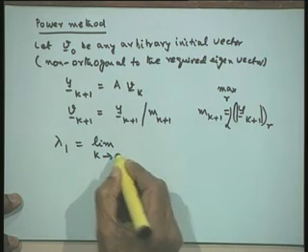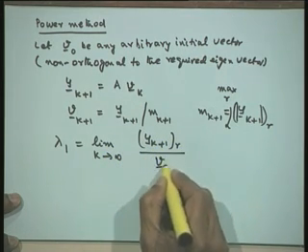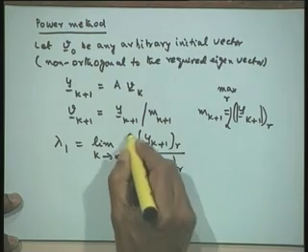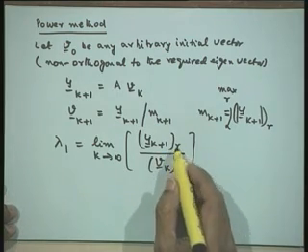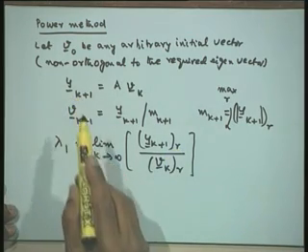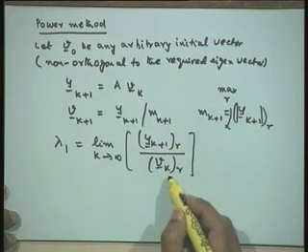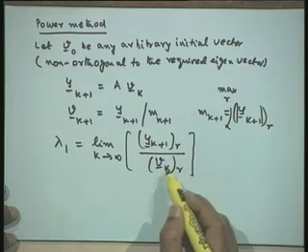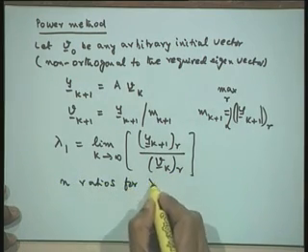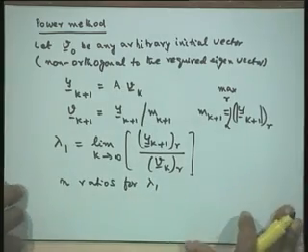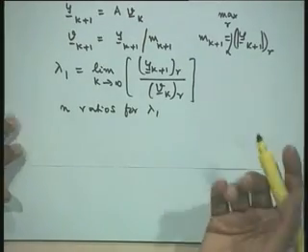Then the eigenvalue, after a certain number of iterations, we shall test this value of lambda, that is, the limit as k tends to infinity of the y k plus 1 component divided by the V k component. So, we will test the ratios of the corresponding components of the current y k plus 1 and the previous V k, in the normalized form. These will give you n ratios for lambda 1.